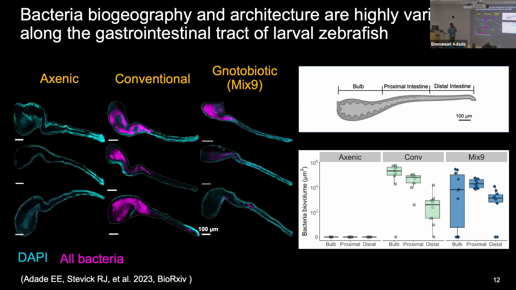So, what we did again was to see, okay, now that we've seen the spatial partnering that exists in the microbiome, can we study this across our different conditions and see if we see a kind of structure that existed there? In the conventional zebrafish, we start seeing that there is this high abundance of microbes that start off in the bulb region of the gut and then move as the bacteria get expelled through to the distal regions of the gut. But fundamentally, we see that there is this conserved, heavily colonized bacteria that existed in the bulb region of the gut. In our mixed 9 model, we see 3 phenotypes where there's heavily colonized microbes, there's medium,